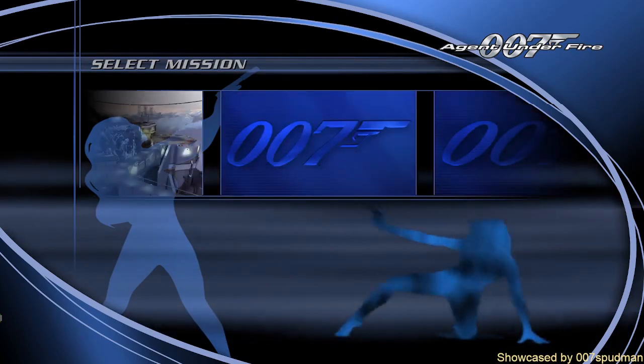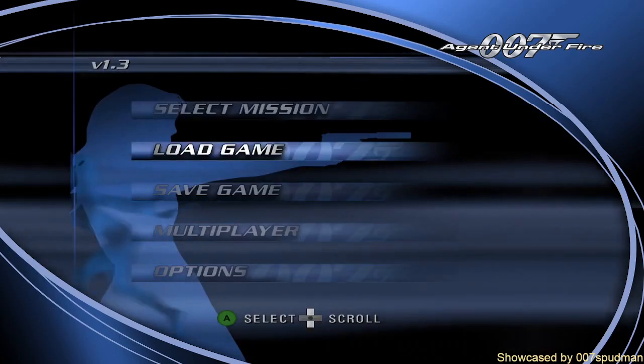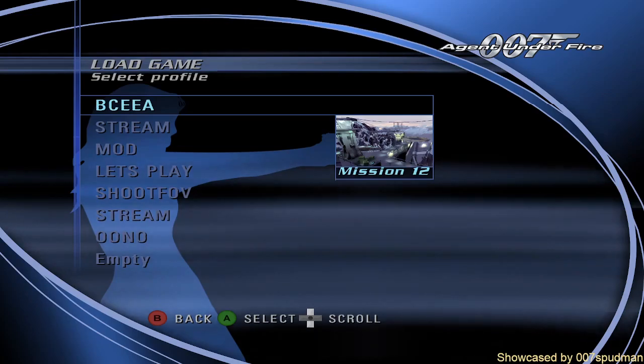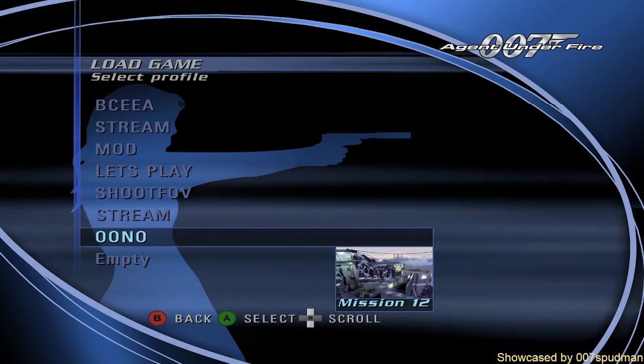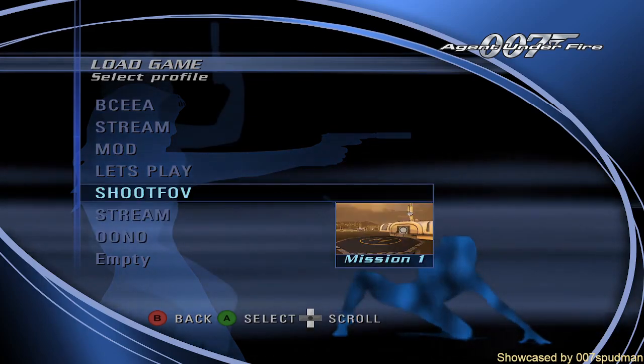If you select Evil Summit, it won't even... It'll do the same glitch thing. Not even like I can select that. Does it actually... No, it just makes out as Mission 12 still, even though I've...